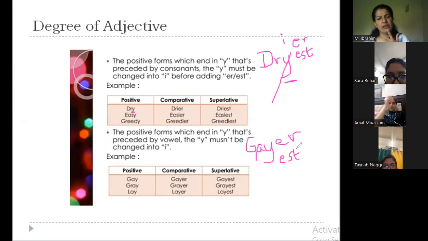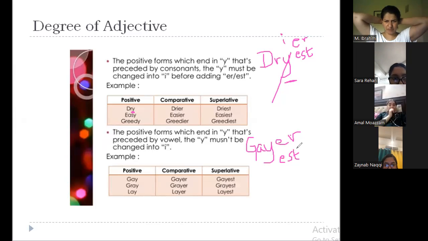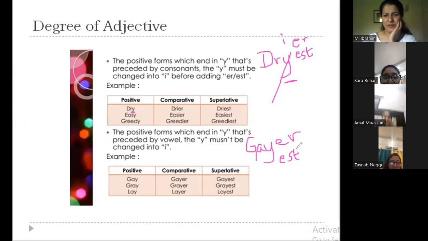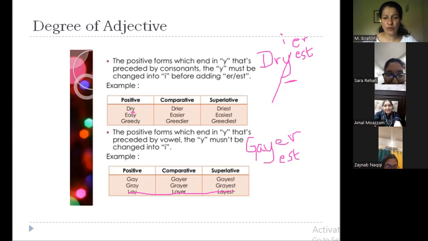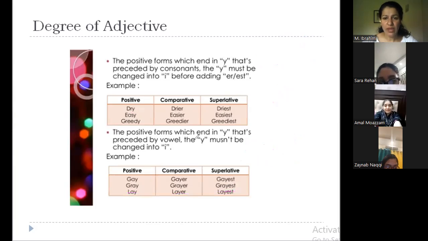What is lay? Ma'am, lay is what you use when you put something on something. Yes, this last example is wrong. Ignore it, because lay does not form a superlative. I did not see this example; next time I will check this too. Now, if you notice over here,